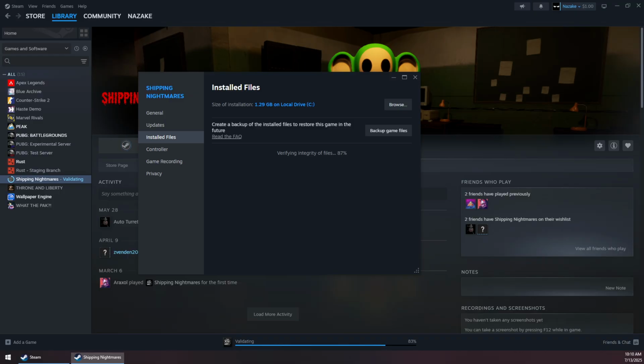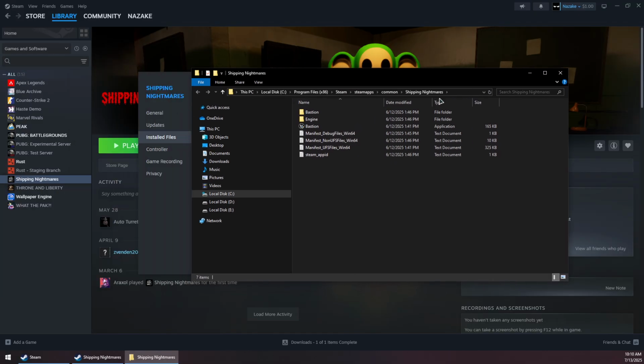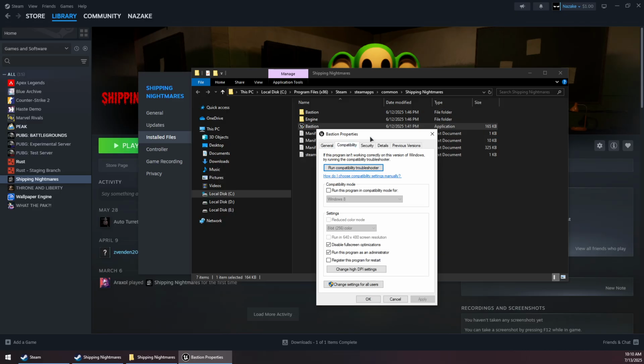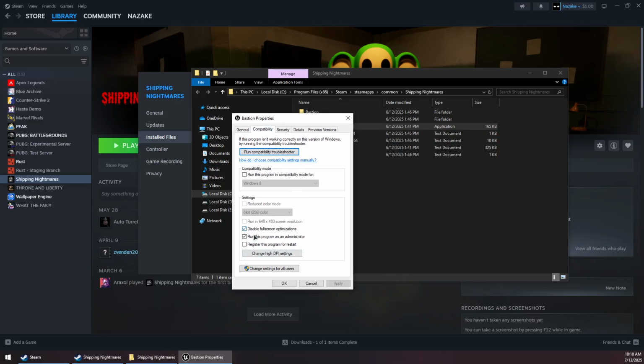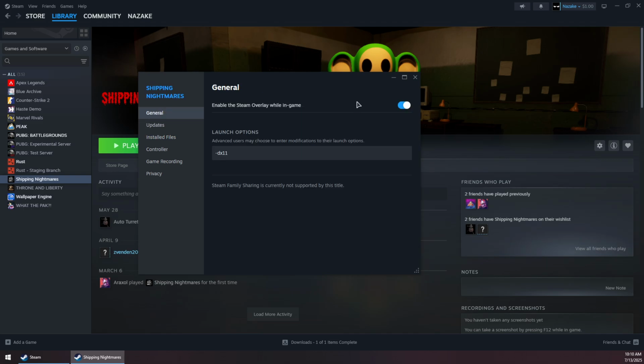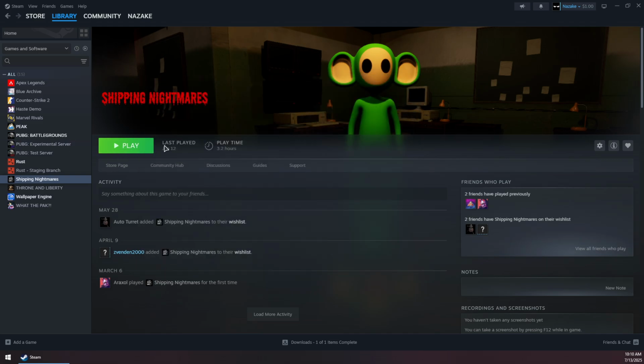this process. Now once it's done, you want to click on the Browse button and then you want to right click on the game's exe file, go to Properties, Compatibility tab, and make sure to check both of these options right here. Now you can click on Apply and OK, and then close this. Now you can try to launch the game to see if that solves the issue, and if it doesn't, here's